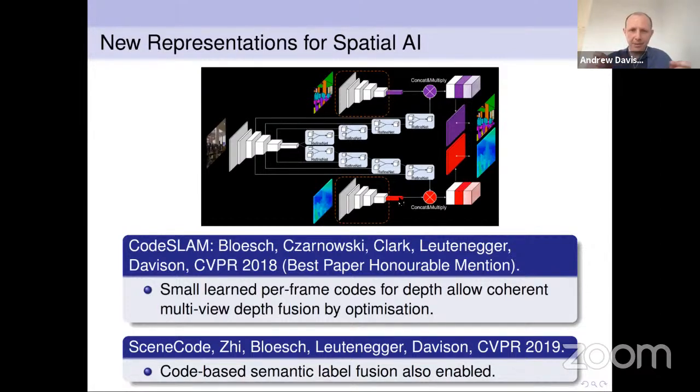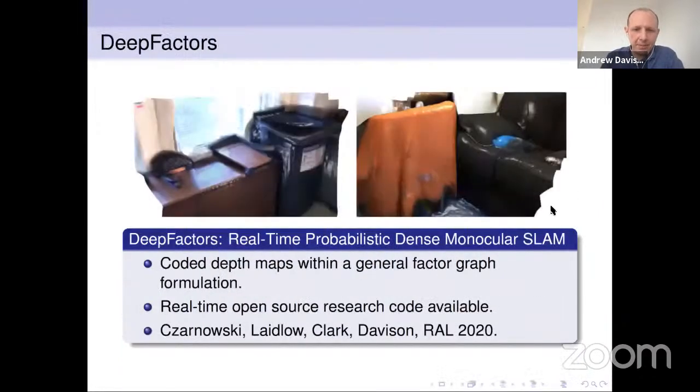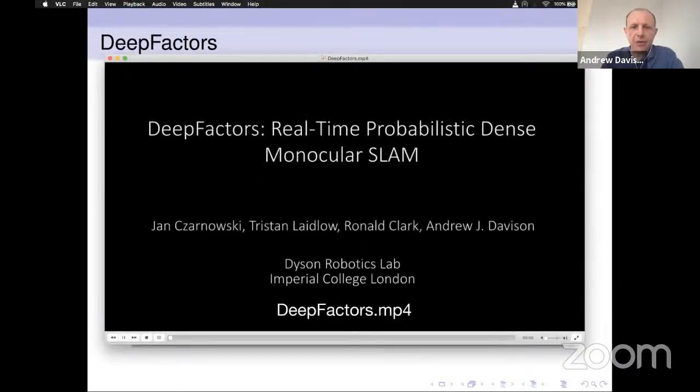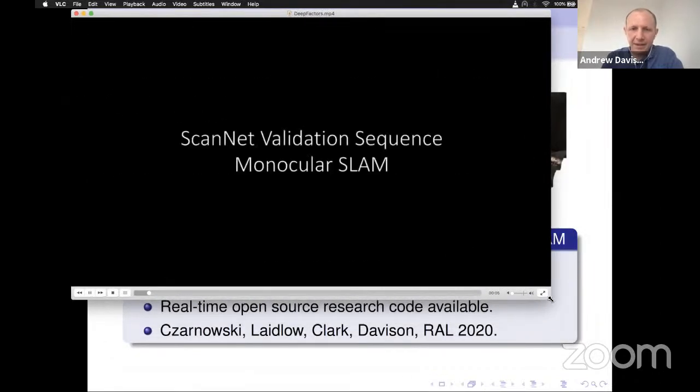So we've got multiple images which observe overlapping parts of the scene. And by code optimization, we can do dense depth fusion, and we can also do semantic fusion in SceneCode. If you're interested in those methods, I would recommend looking at this paper led by Jan Czarnowski on the system called DeepFactors. So this is a kind of quite general real-time capable implementation of the CodeSLAM type method.